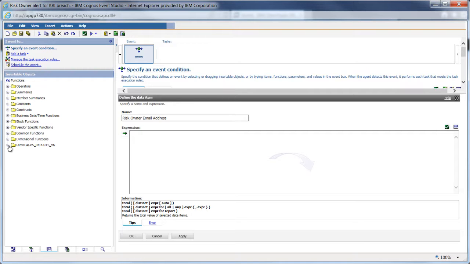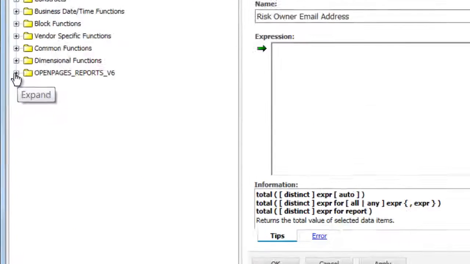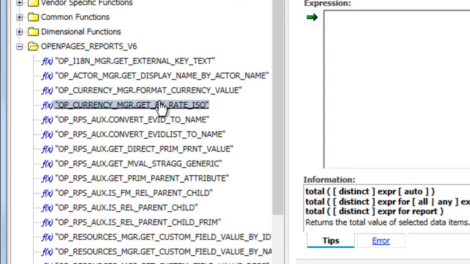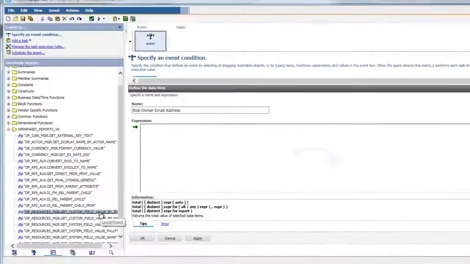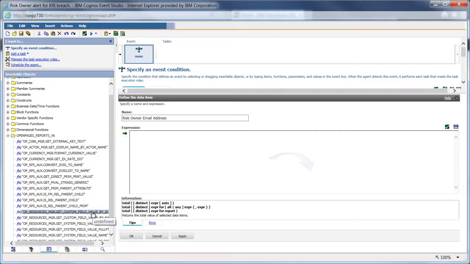I've also got some OpenPages calculations. There are many here, and the OpenPages report manual details these at more length. There are ones where you can retrieve values of fields 30 days ago, 60 days ago, a year ago,